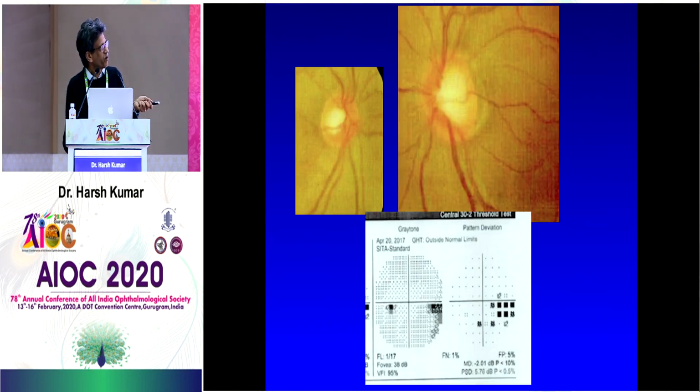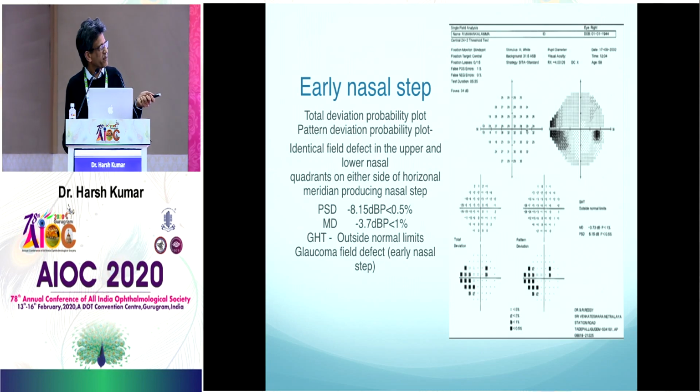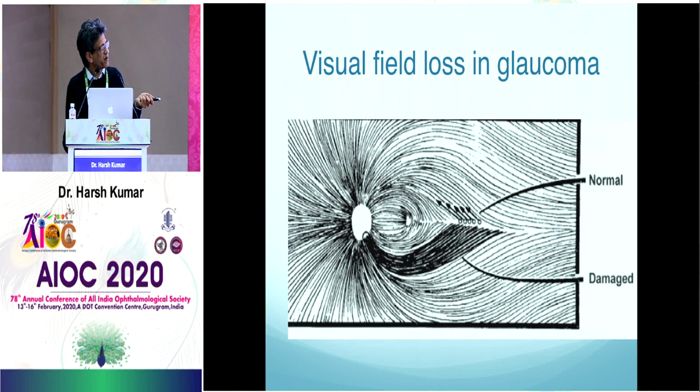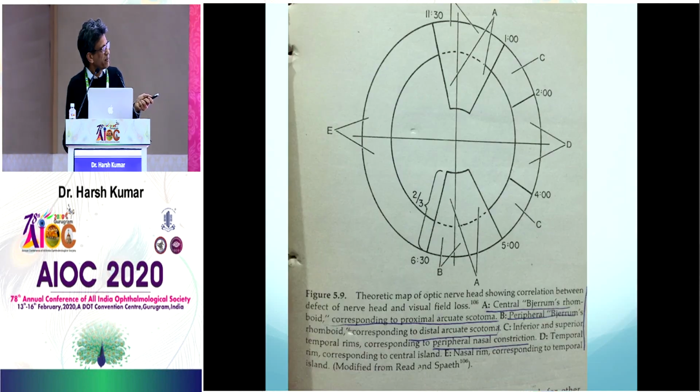Okay, this is one of our optoms. He came with a very, this eye is okay. And here there is a small wedge defect. A notch is also not so clear yet. The first thing you might see is a wedge defect, and correspondingly inferiorly there is a damage over here. So same thing we were trying to show you. Early nasal steps means the periphery is somewhere being compressed, and if you get the whole thing you will get an arcuate scotoma. This is from the old Shields textbook, very very important. So if A is gone here, you will get a central germs.